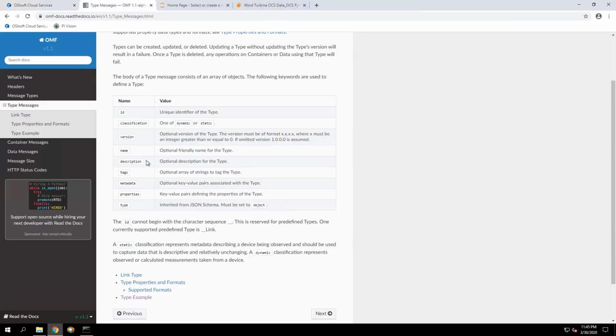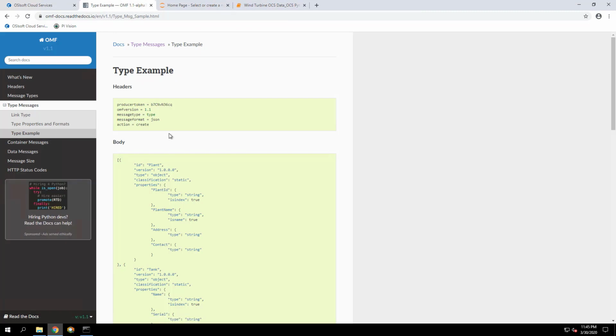And this is an example. The documentation is pretty detailed, so you can check all the parameters you can pass, or you can check the example as well, which shows an example of creating a type, basically.